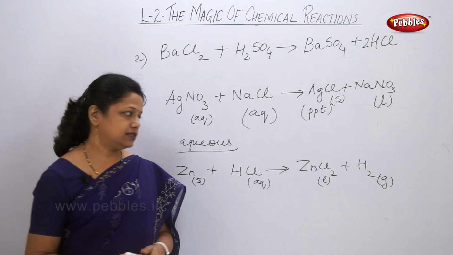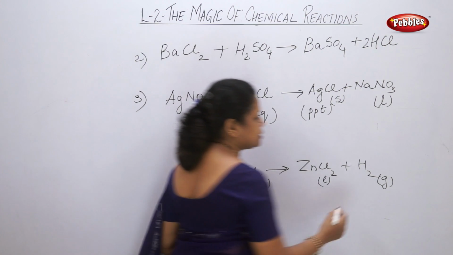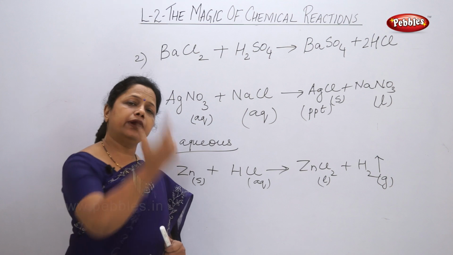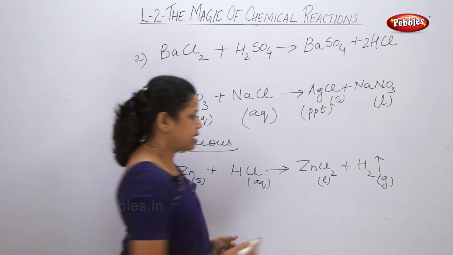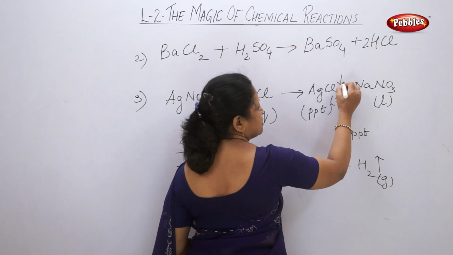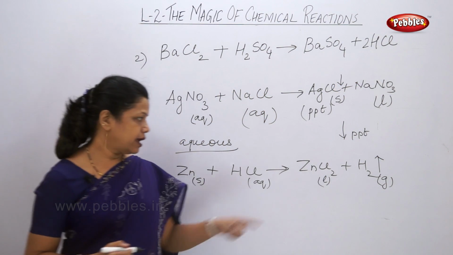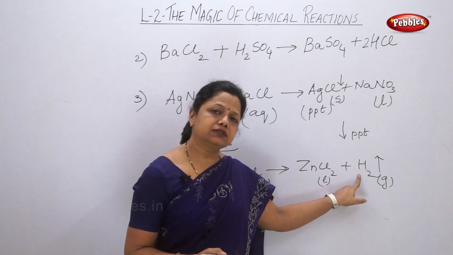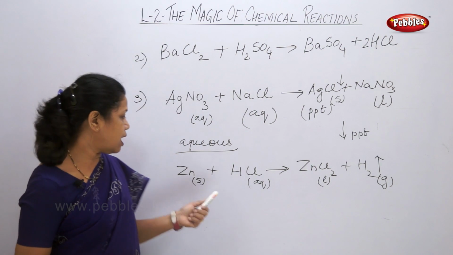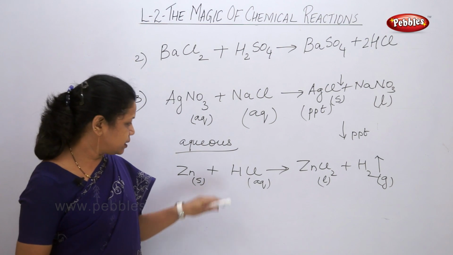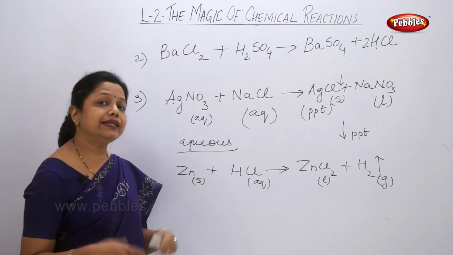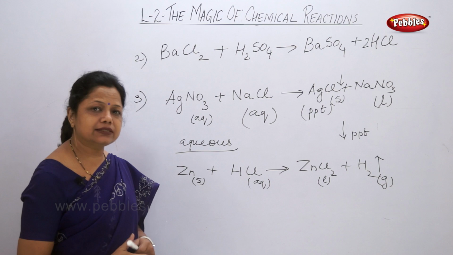G means gas. In many books you might see this type of symbol used for gas. The arrow pointing upwards is for gas, and the arrow pointing downwards is for precipitate. So here I can use this symbol for AgCl, and here for hydrogen I can use the symbol pointing upwards for gas. This is how we can write the states. But now you see whether this chemical equation needs balancing. I think so. Let's see.